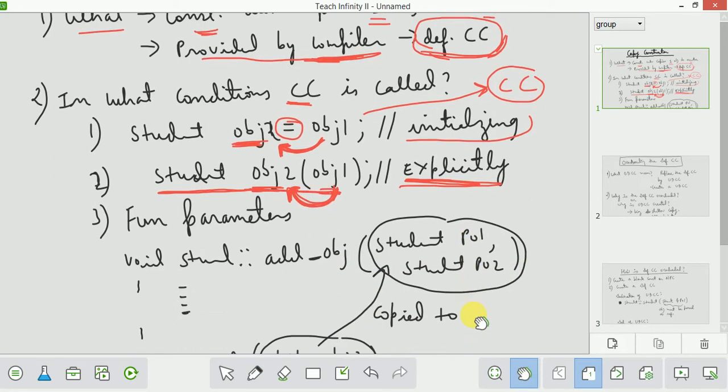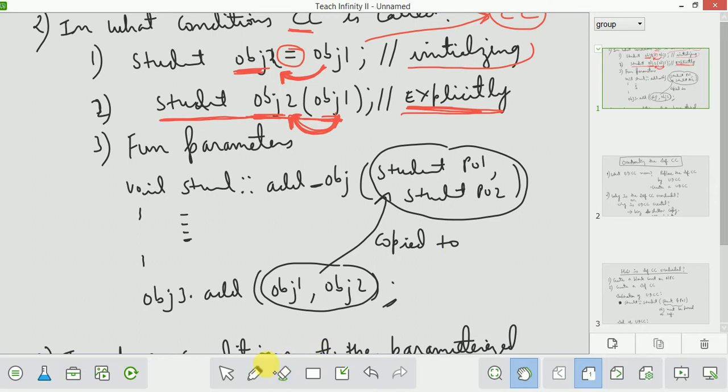And the third way to call the copy constructor is when using function parameters. Suppose this is a function definition, and this is the function call. When I am calling this function, object 1 and object 2 are copied to these parameter objects. Whenever you make a function call, these objects are copied.